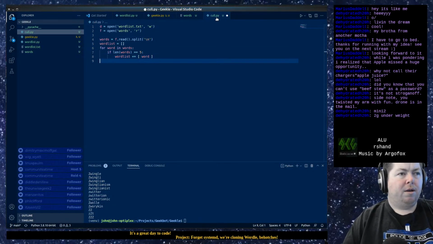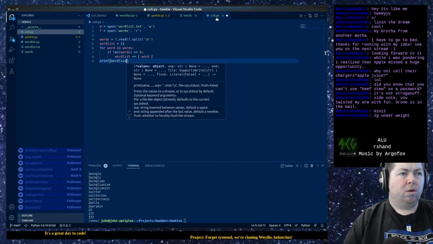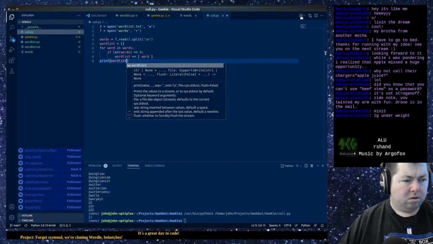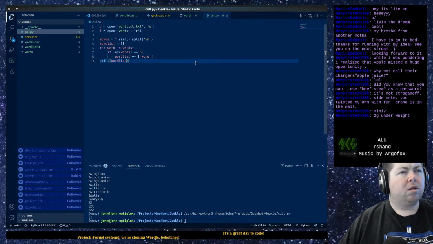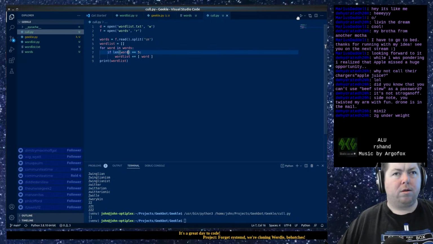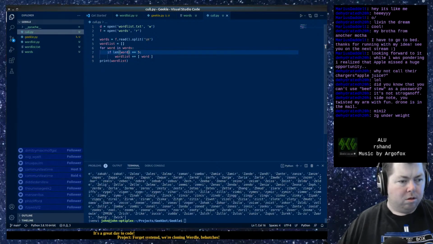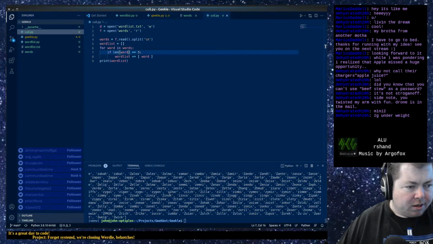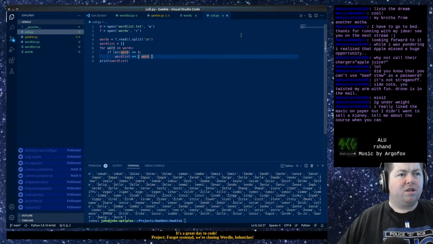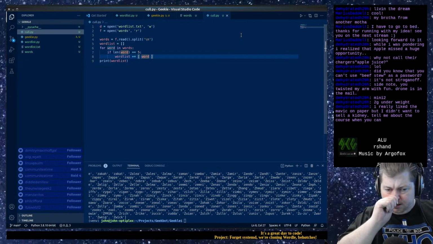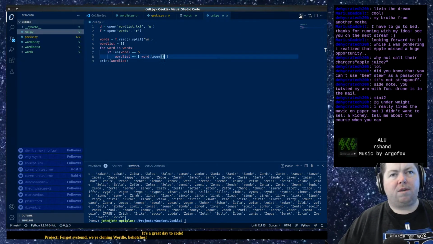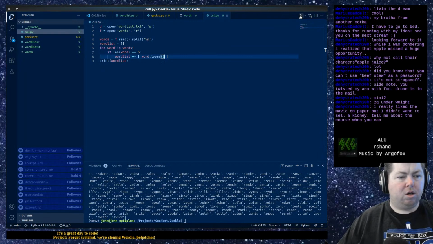All right, we're gonna print word list. Oh, len word. All right, so we have a bunch of 5-letter words here. Cool. While I'm at it, I'll just lowercase them. Save that. Run it. Good.